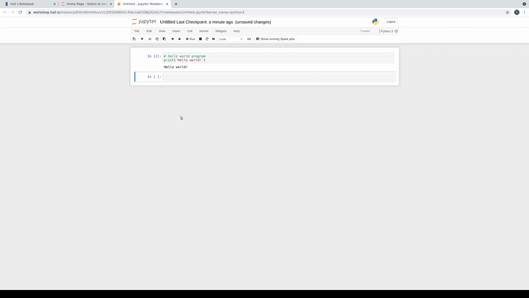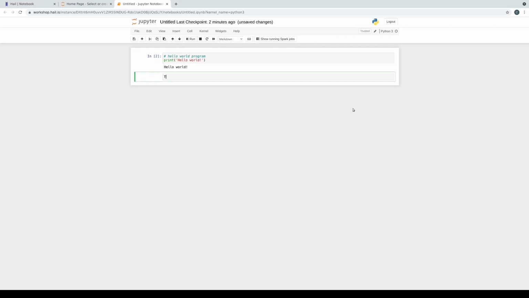I'll say briefly that there are two cell types, code and text. Jupyter notebooks are used both for developing data science analyses as well as presenting them, so it allows you to intersperse documentation and other figures and other information with the code of your analysis. So let's convert this cell to a markdown cell. Text is written in markdown in Jupyter. If you're in navigation mode and you hit M, that converts the current cell into markdown mode, and you can see that the little cell type drop-down in the toolbar changed to markdown.